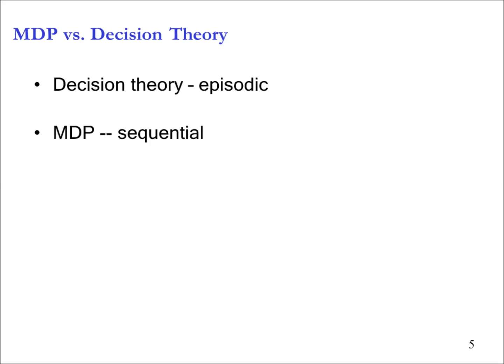However, the difference between what we did so far and Markov decision process is that in decision theory we were making only one decision. And this is the important point. We took all our time figuring out what should this one decision be. Build large plant, small plant, no plant. Now, in deterministic worlds, we have to come up with a sequence of actions to reach a goal. So now, how do we come up with a sequence of actions to reach a goal if we are in an uncertain environment? That is the problem we are going to solve, and that gets modeled as a Markov decision process. Is the high level point okay?